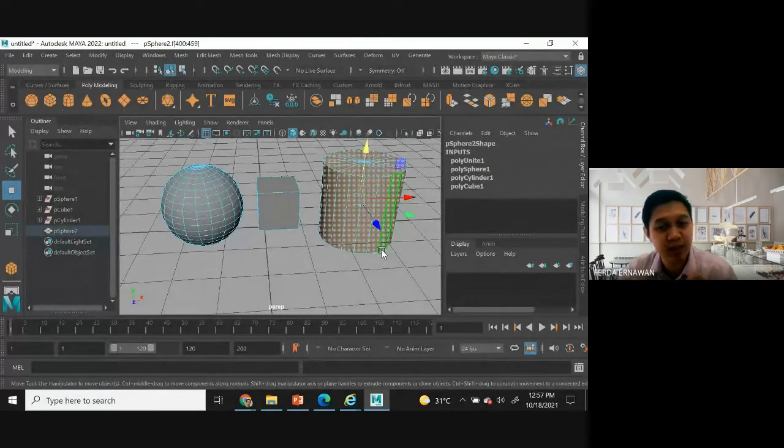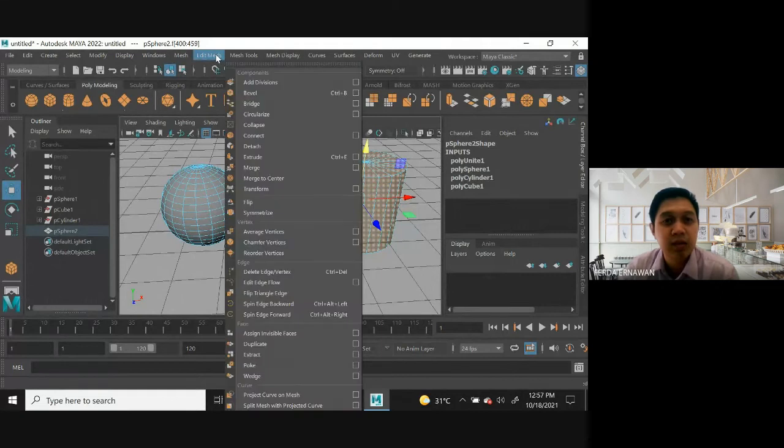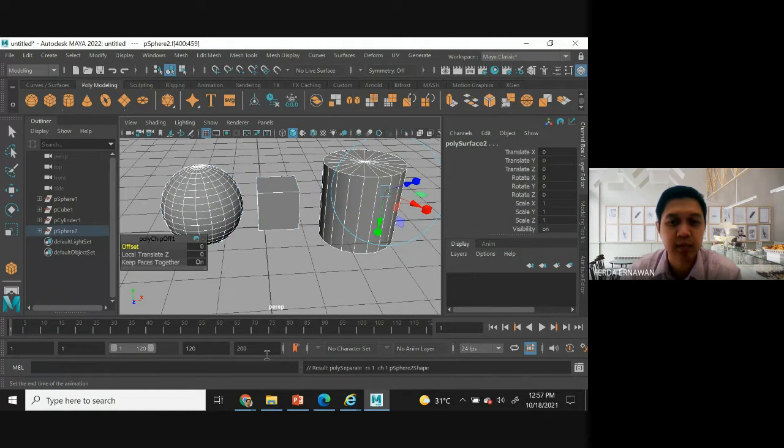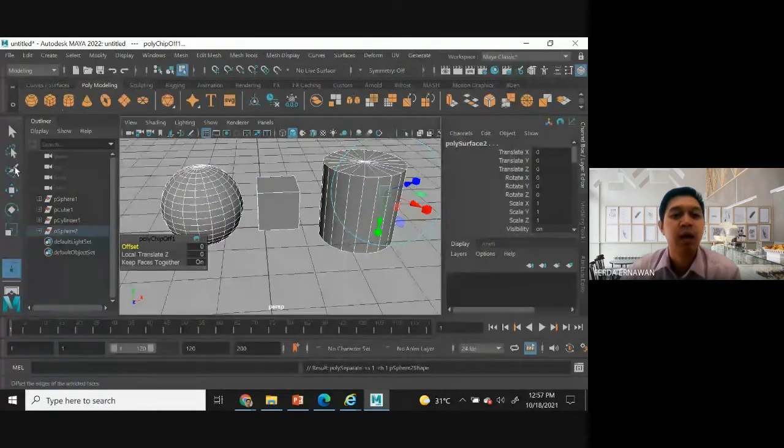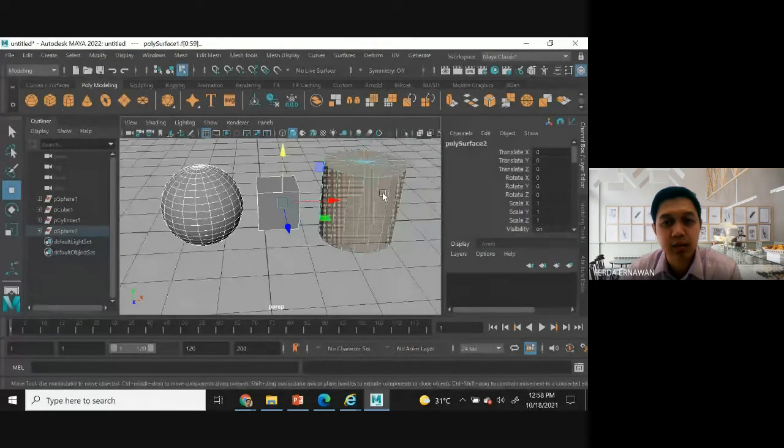It means I want to take off this object from this group. So you choose Edit Mesh, and then select Extract under Edit Mesh. And then you can move it. Let's say this one.